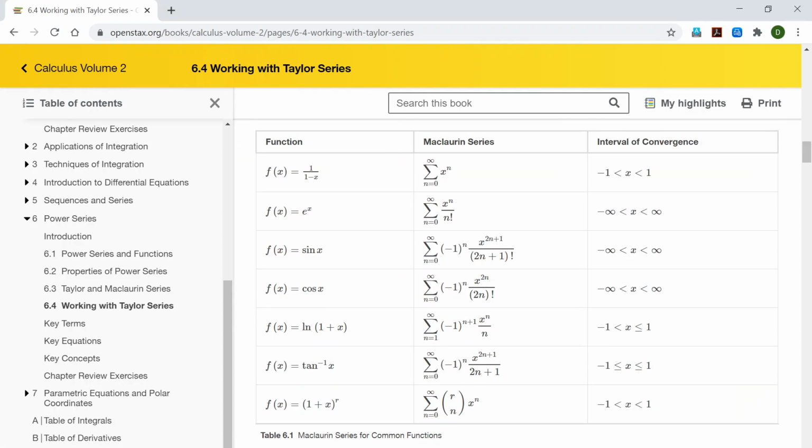Alright, so we have 1 over 1 minus x, just the basic geometric series, e to the x, sine x, cosine x, log 1 plus x, 1 plus x to the r, and arctangent. And now you can modify those in lots of ways to get a lot more different types of functions as power series. So, for example,